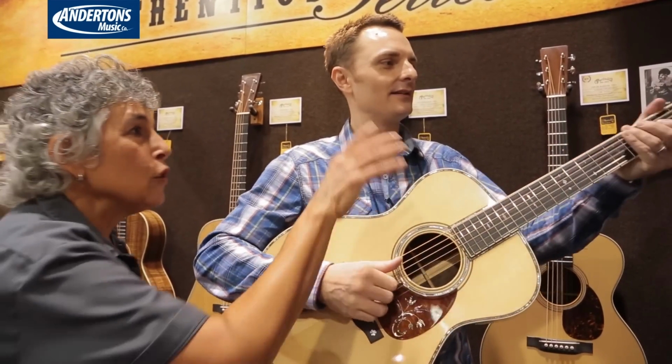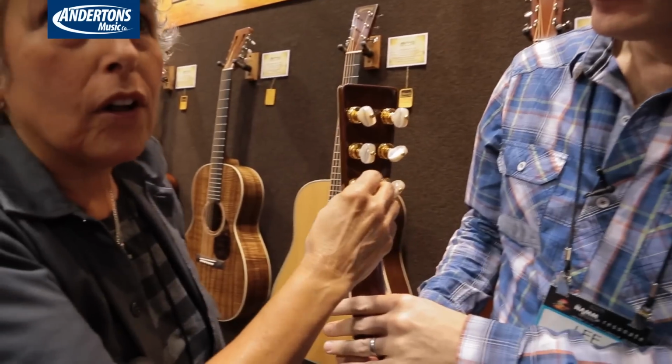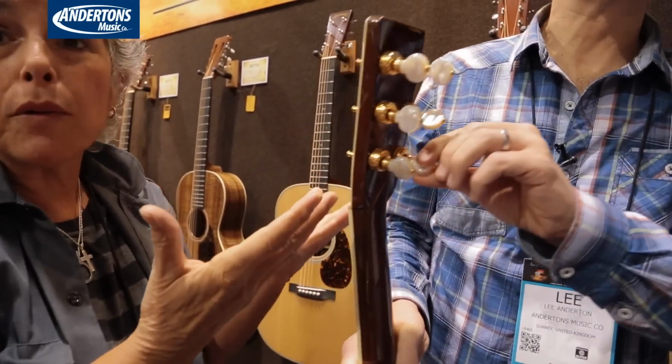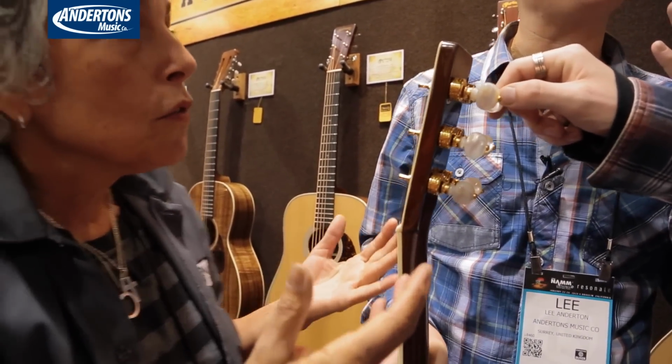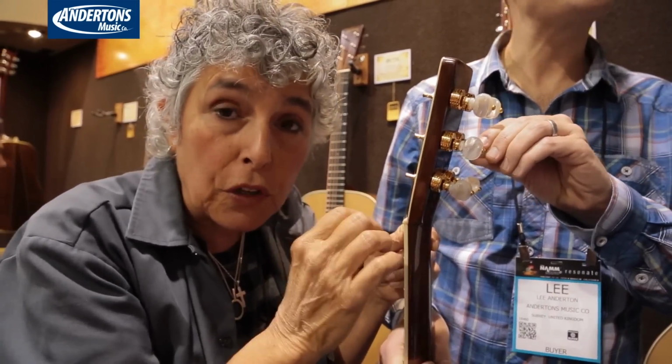No. Now wait, look at the tuning gears first. Have you seen these? They're awesome. They're solid pearl. Friction tuners. You can feel them, they're not flat, they're not even remotely plasticky, are they? Historically, the orchestra model was the first